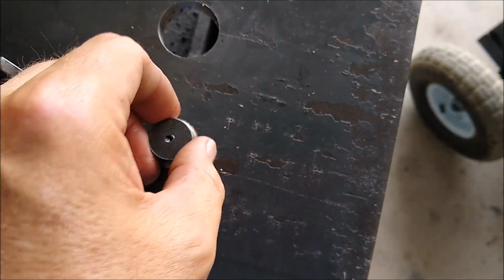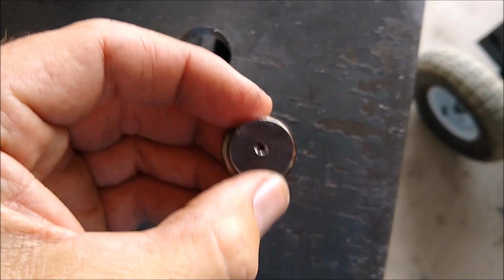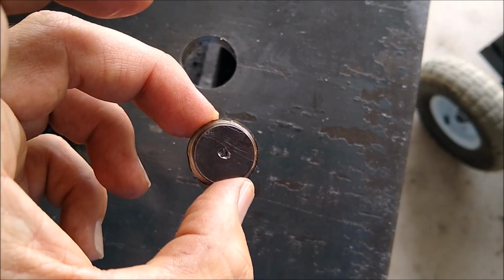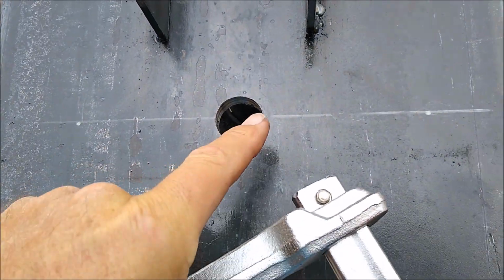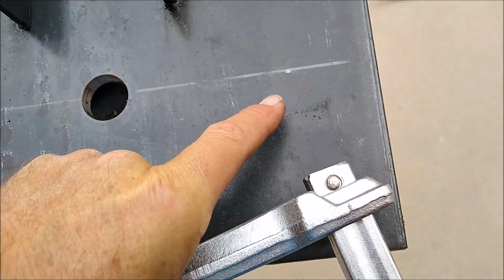Cool. You can see that the pilot hole I drilled with my drill press was not very straight up and down. So another advantage of the annular cutters and the mag drill is it's always going to be square with your metal. Cool. Okay, so I just measured the center to this edge and translated that to here and here,